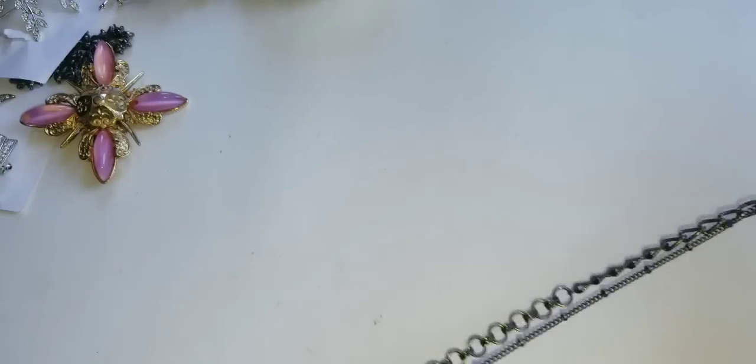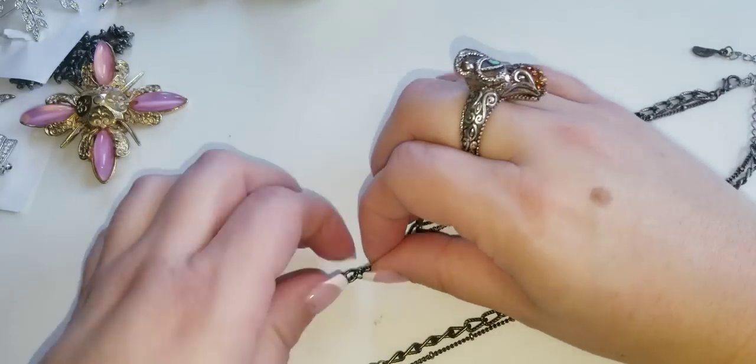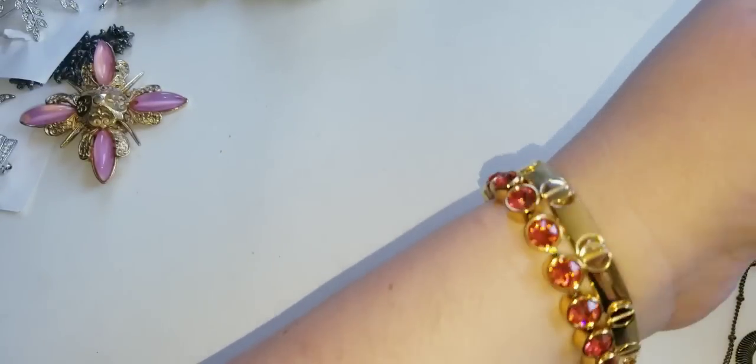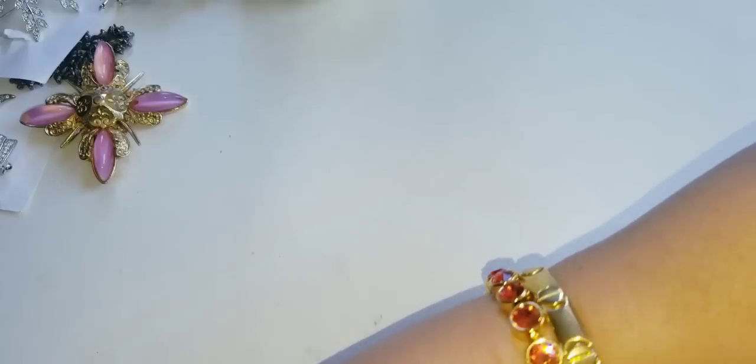I absolutely love this necklace. This one is 20. I'm going to show you how long it is. So we have multiple strands. Wait a minute. Let me fix it here. I feel like it's tangled. Hold on. This one is so fun. It looks kind of like an artisan piece, a little bit of, well, I don't want to say native because it has like faux turquoise, but maybe it's